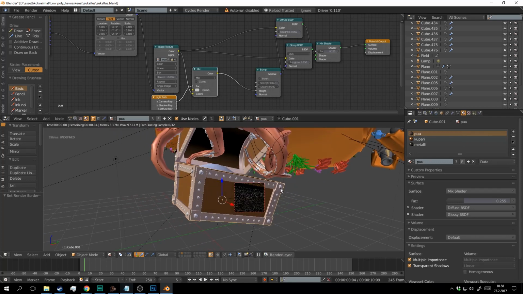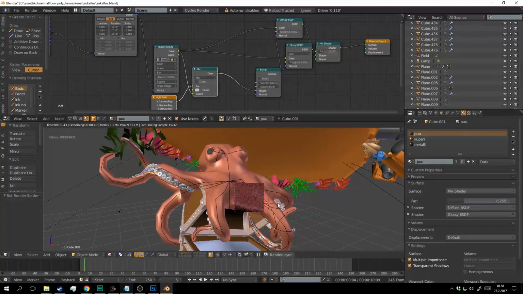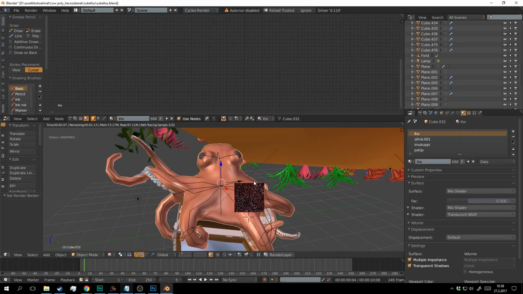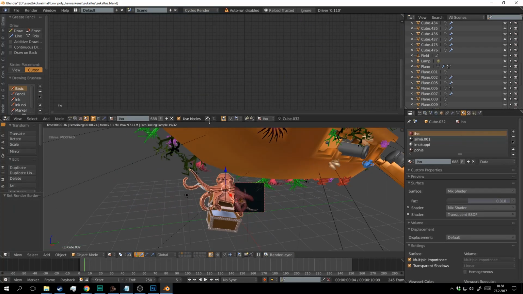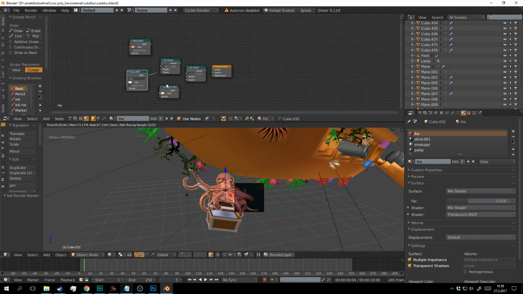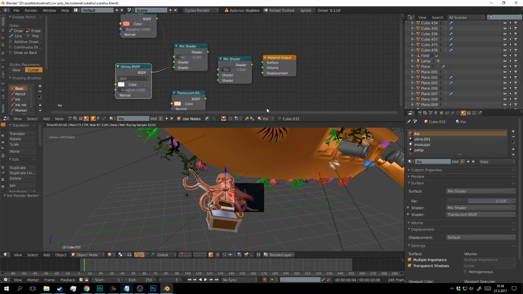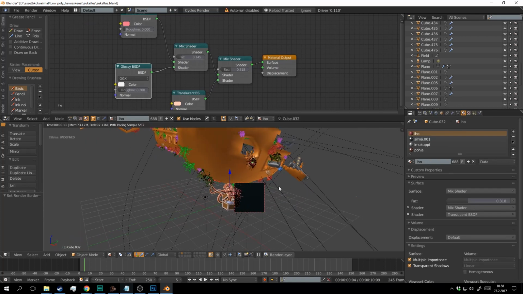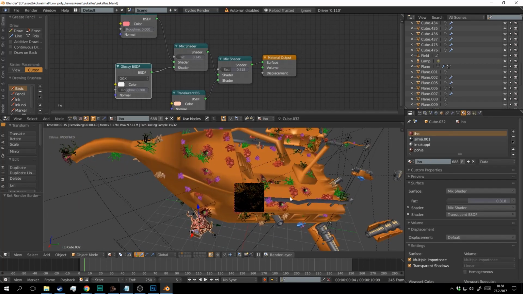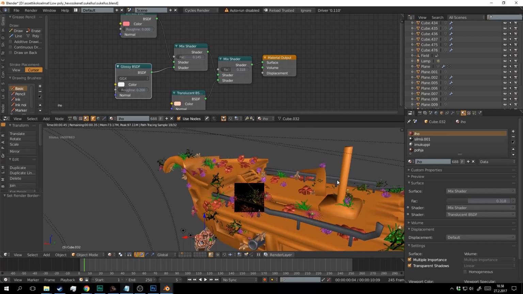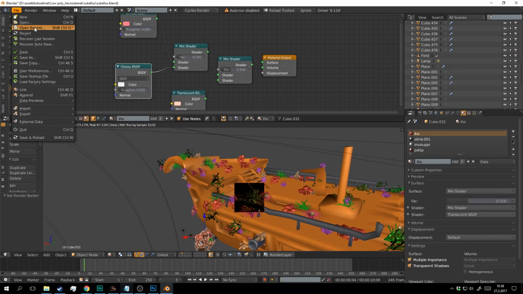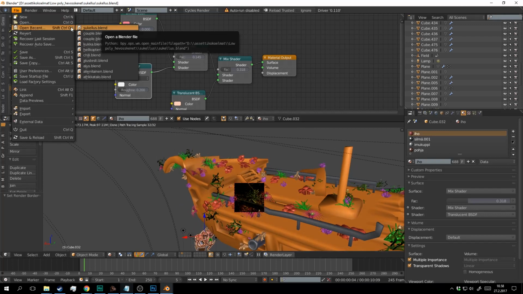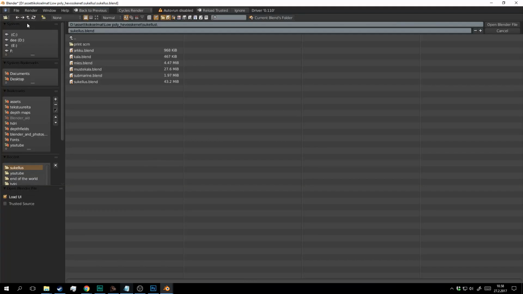But the octopus is completely procedural. I'm actually not sure if I changed the octopus material for this scene. Let's see, because the original octopus, I think, looks a little different.